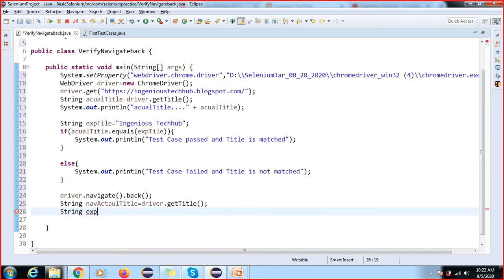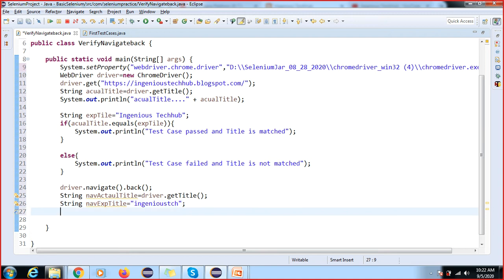I don't know what the title will come. Navigate exp title equal to, so I'm going to take some value, something like ingenious. I'm going to take that here.